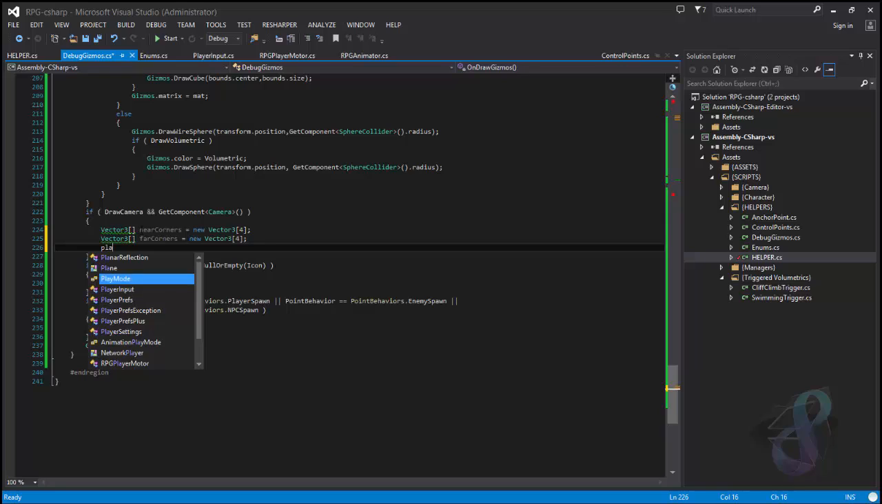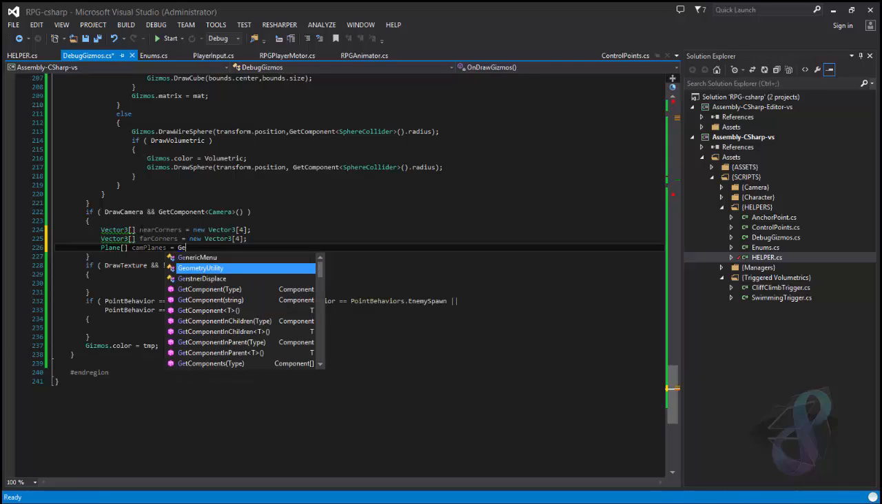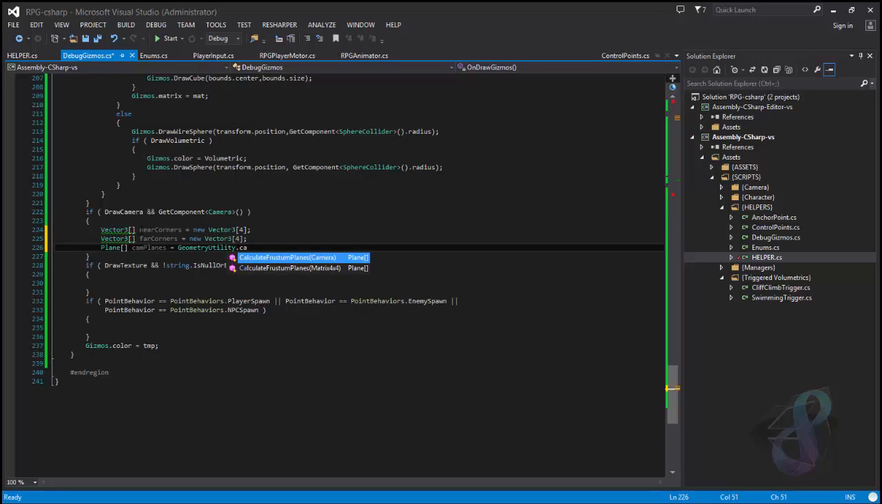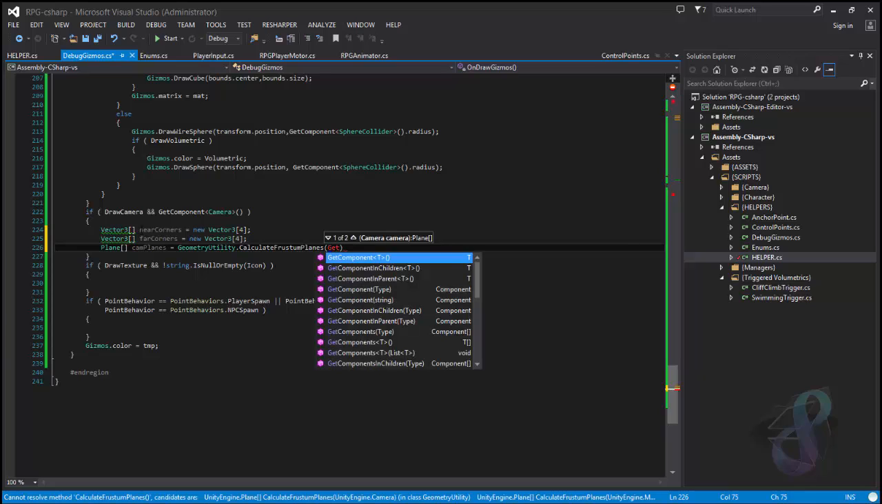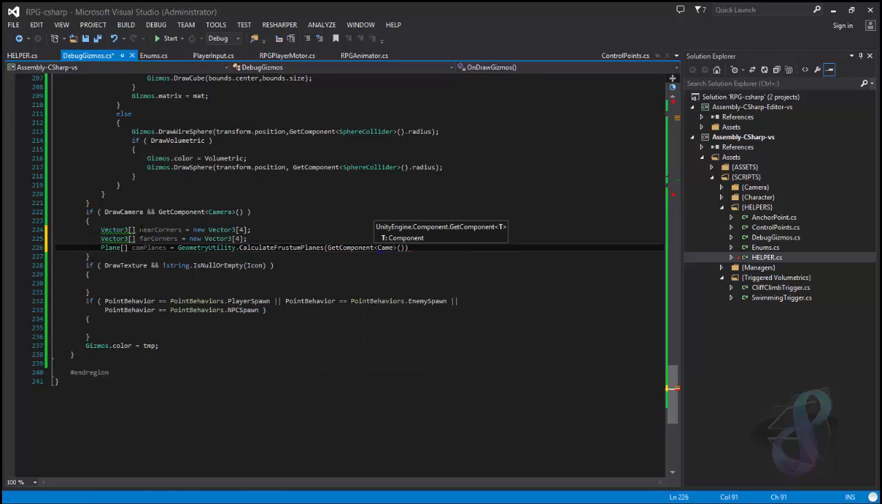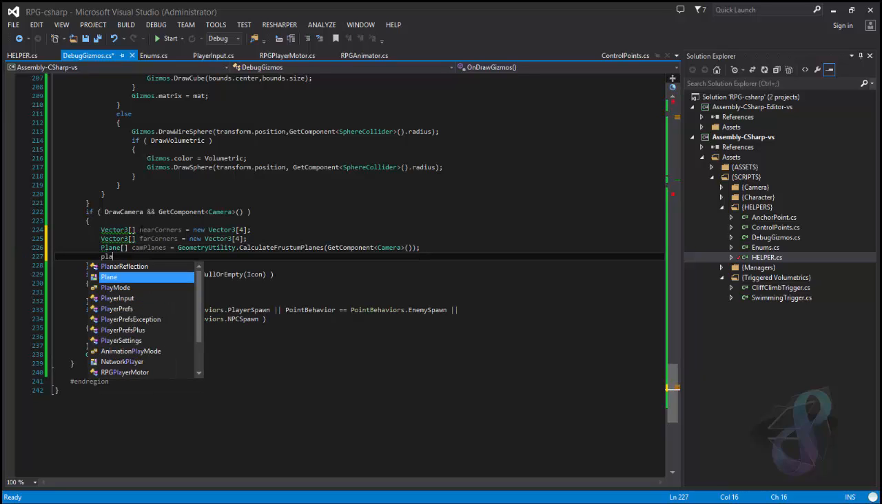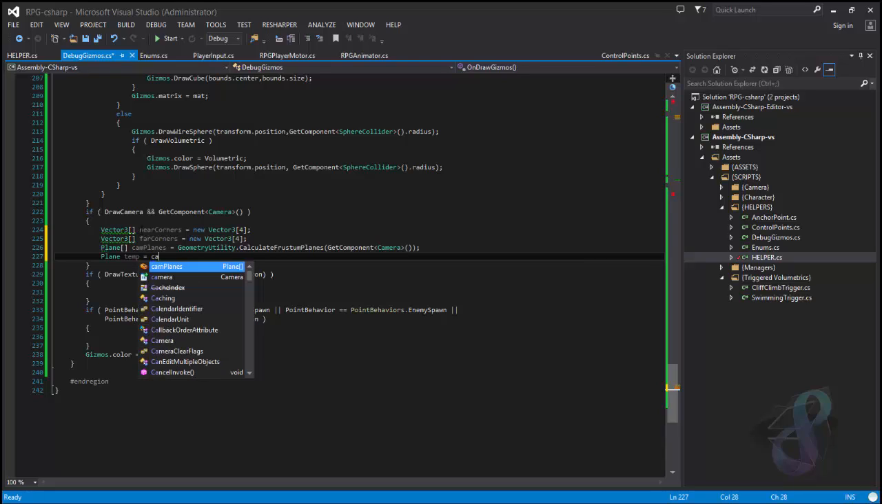Then we say plane array of camera planes equals to geometry utility dot calculate frustum planes of get component of camera. Okay, then we say plane temp equals to cam plane of index of 1, and